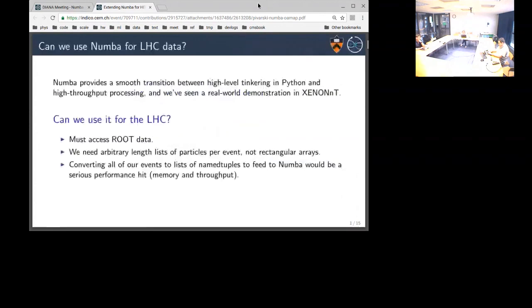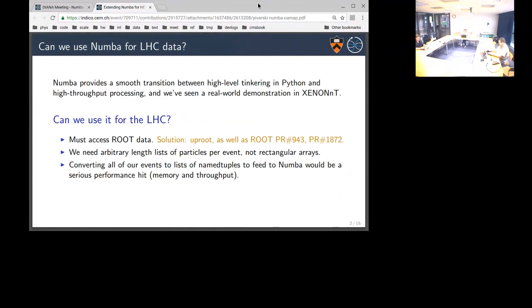So page 2. We've seen that Numba provides a smooth transition between high-level tinkering in Python and high-throughput processing, and we've also seen a real-world demonstration of it. But now the question is, can we use Numba for the LHC? The first question for that is, can it access ROOT data? And for that, there are several solutions.